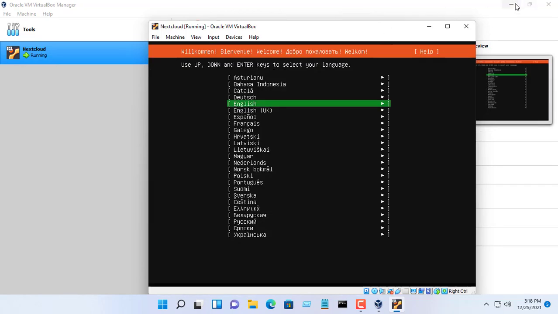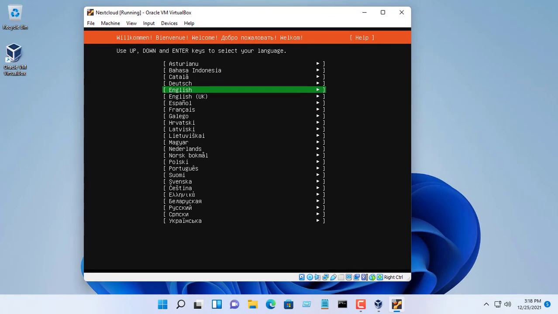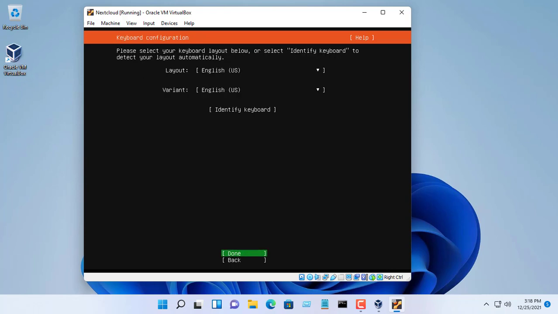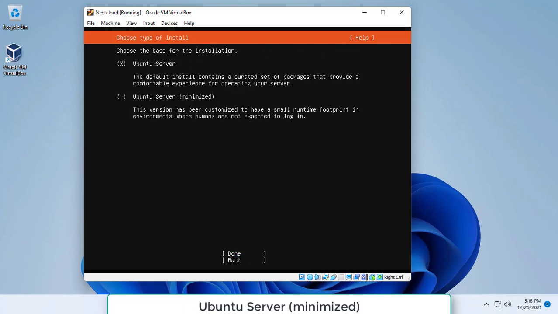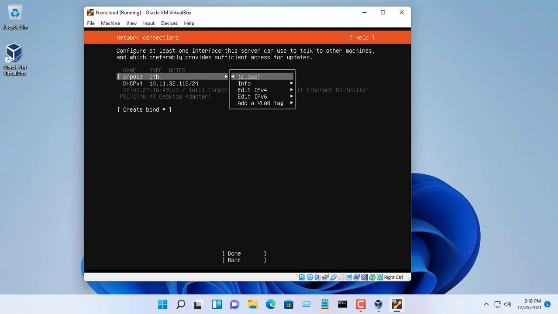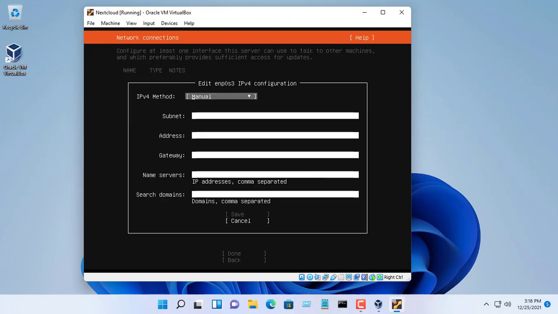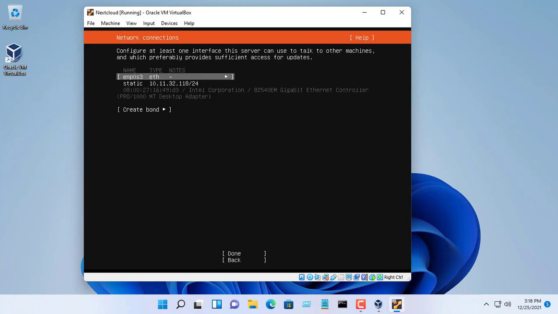You will be asked to select the language and keyboard. You set it accordingly. There are two versions of installation, full and minimal. For creating cloud hosting I just choose to install minimal Ubuntu server. Setting a static IP address is required, so you must set up the steps as above. This IP address will be different depending on your local network.